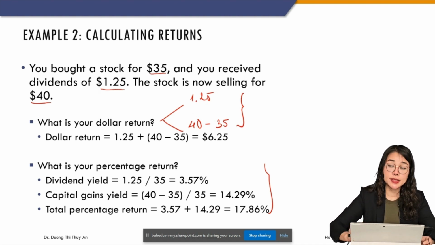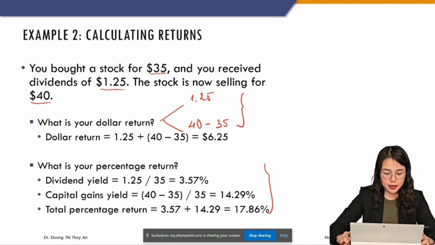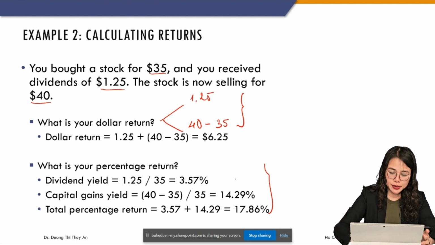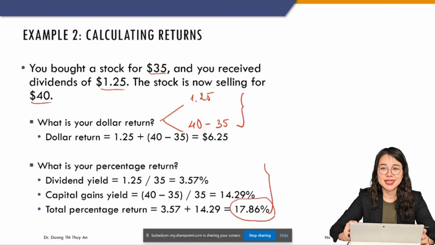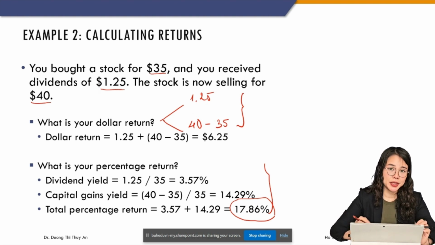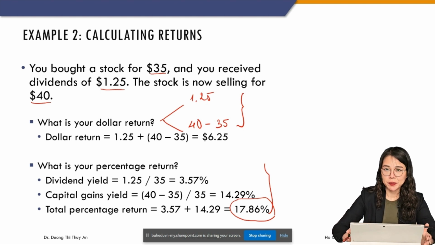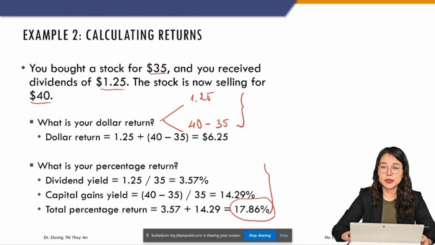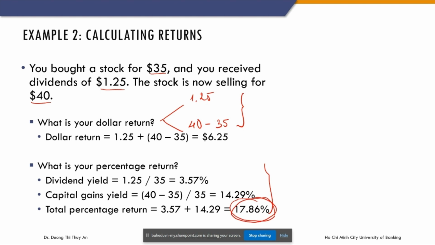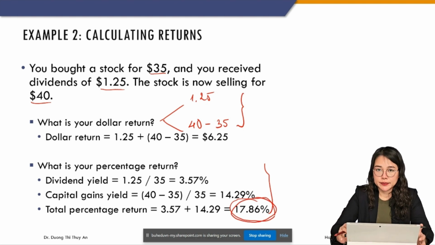And then we calculate the percentage return, and the total percentage return of this stock is 17.86%. But please notice that in this example, it doesn't talk about the period or the time. We don't know when we bought. We don't have information on when we bought the stock and when we sold the stock. So we would like to know,